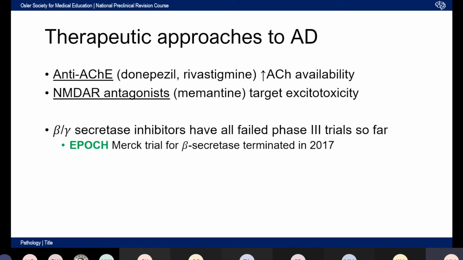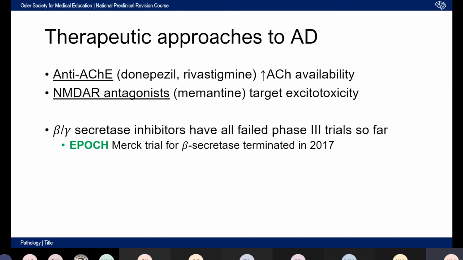Another key approach used in Alzheimer's is NMDA receptor antagonists, and these drugs, which include memantine, work by inhibiting a neurotransmitter called glutamate, and that effectively is thought to decrease excitotoxicity and to decrease that mechanism of cell death. And it's actually been shown that it can modestly slow down disease progression as well. But even so, that doesn't work in everyone, and it's only a modest decrease in disease progression. So like I mentioned, ideally, we don't just want to relieve the symptoms, we want to tackle the underlying pathology,